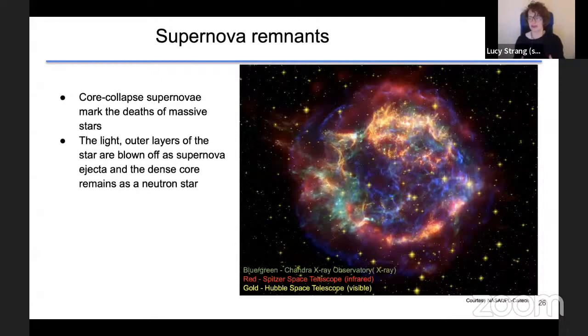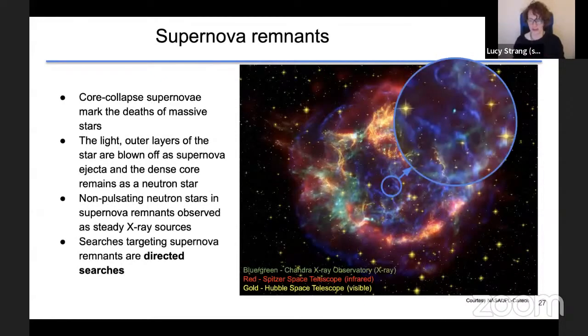And if we go to the next slide, we'll get a nice little zoom in showing us the only thing I personally care about, which is the neutron star. And that's that tiny blue dot that we can see in the center of that circle, which is a steady X-ray source. So this is useful for us because it's a lot easier to find something as big and bright as an entire supernova remnant than it is to find just a single neutron star on its own. But because it's just a steady X-ray source, there's no pulsation, so we don't know what frequency we're looking at.